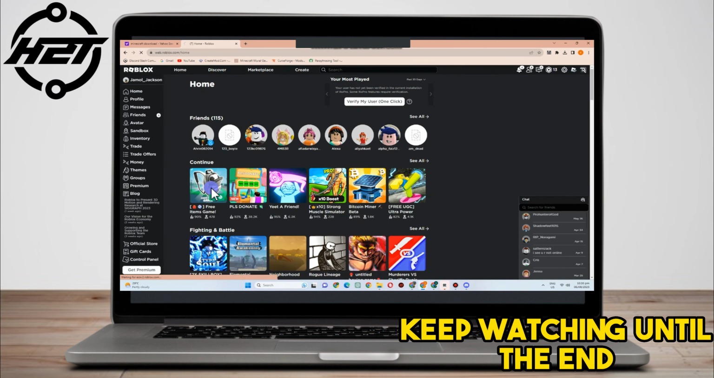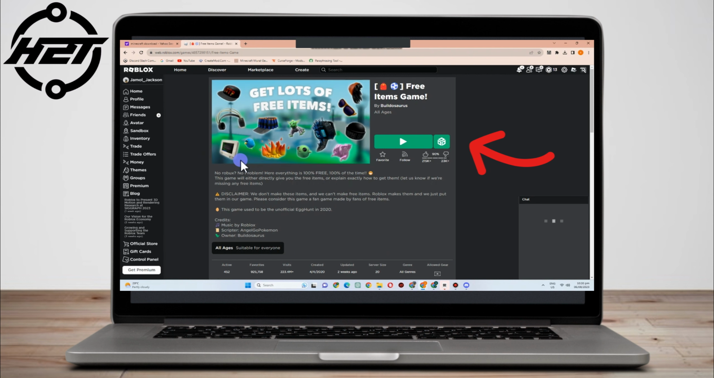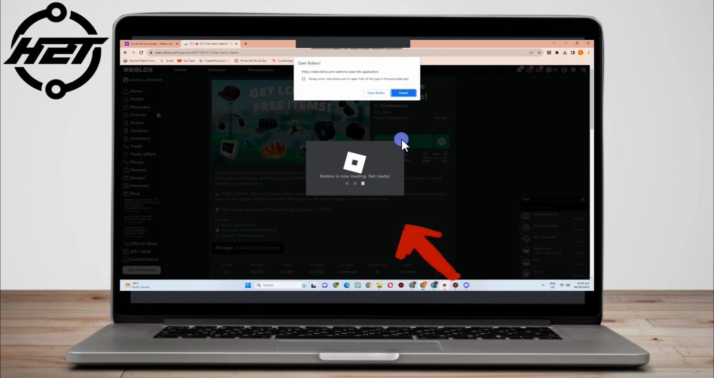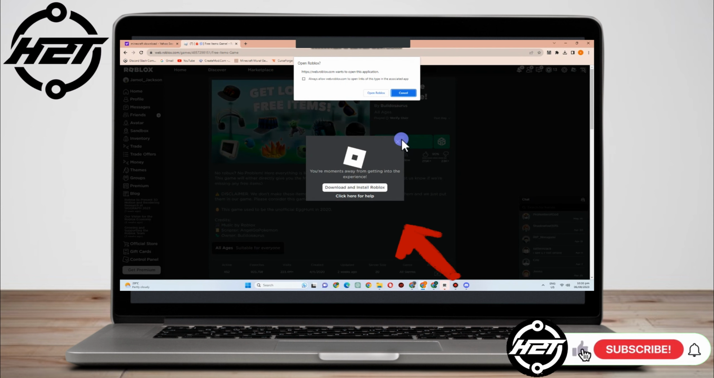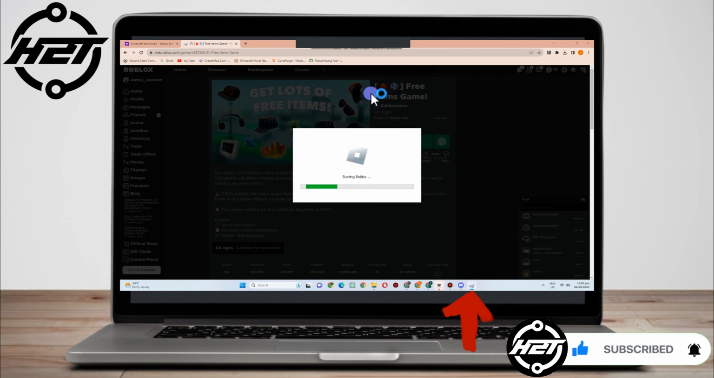So all I have to do is to go to Roblox account, select the game that I want to play. For example, I want to play this items game or free items game. Okay, click the green button and then open Roblox. The moment that you open Roblox, that's the time that the Discord will detect what you are playing or doing